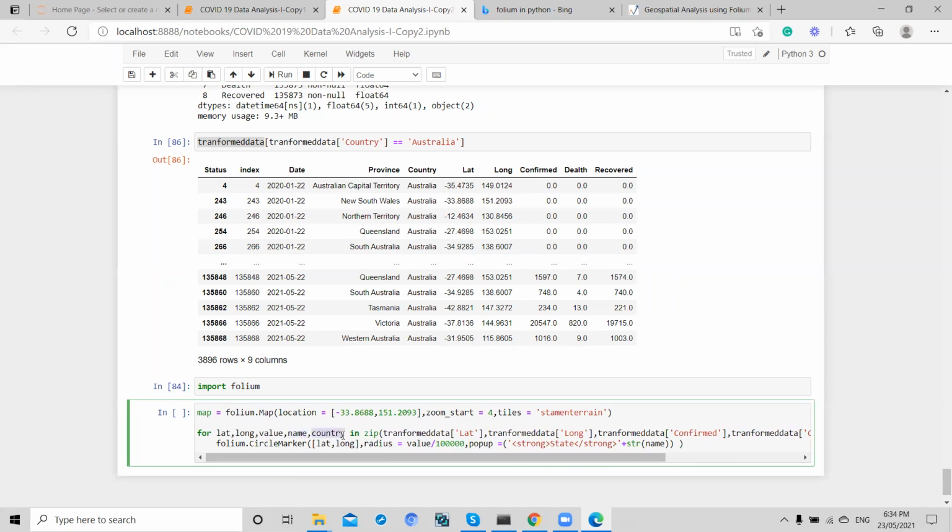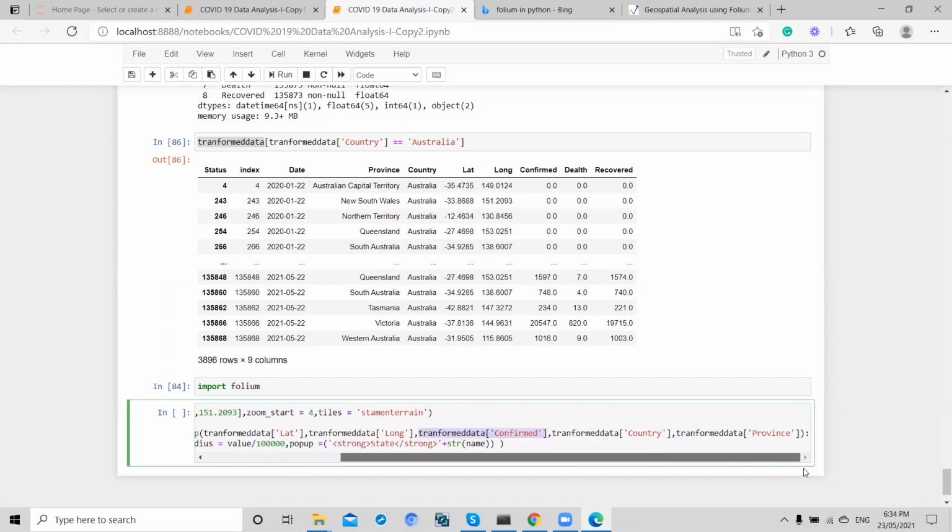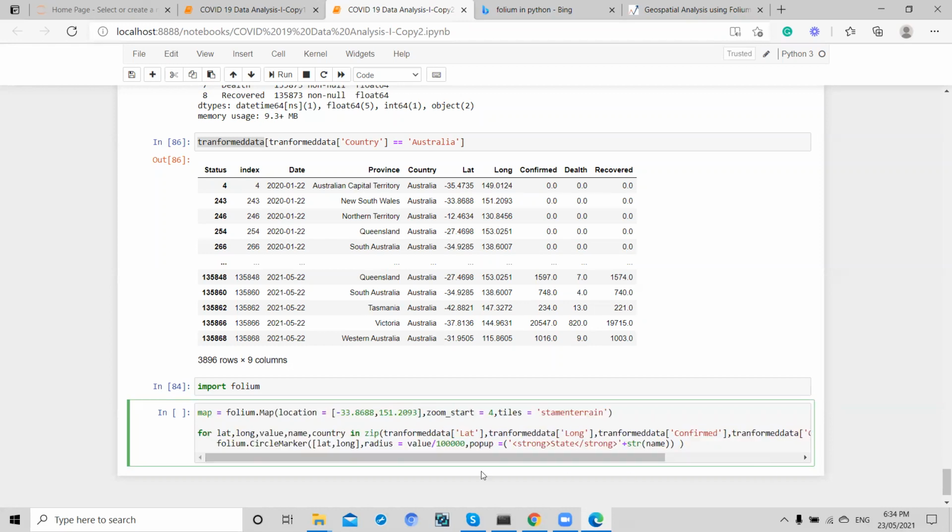The state name resides in country. This lat is referring to the first field, long is referring to the second field, the value is referring to the third field, and so on. Here I need state information, which is in the last field, province. So the last field is my state information. This information I need to pass here,